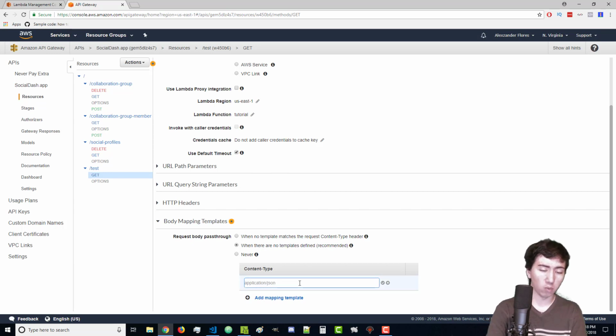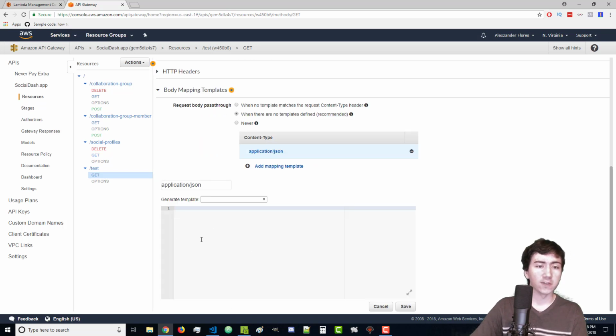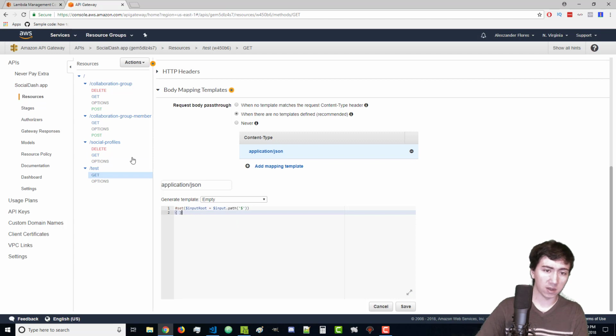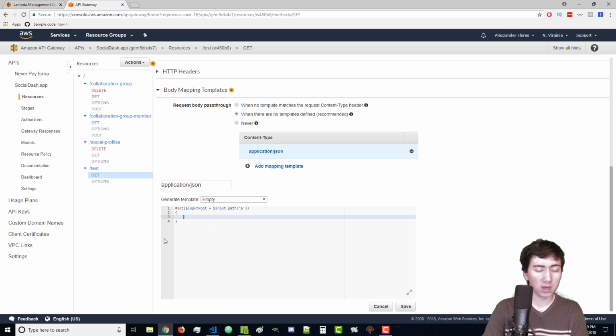Now we have to name this whatever the placeholder is there, which is application/JSON. It's important that you name it exactly that. Then we're going to click on the check mark. We get this text field right here where we can pass in some information. So we're going to go ahead and select empty, and we get this starting point right here. And inside this object, we are going to want to actually pass in the information from our URL parameter, and then also pass in the name of what we want the information to be called on our Lambda function. So on the left, we're going to say number equals